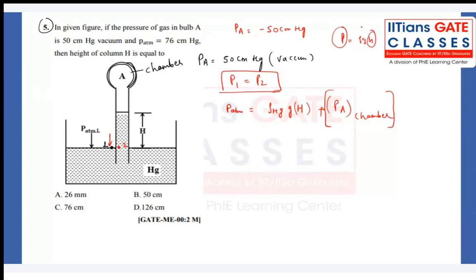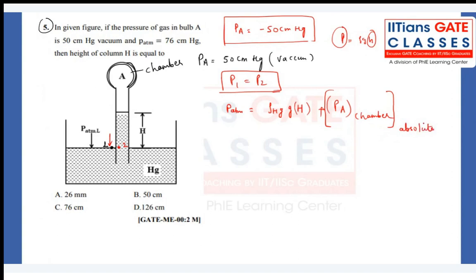Now, what I want to say is that the pressure at a point in a chamber is given as minus 50 centimeter mercury. I am telling you, they have given it as a vacuum. That 50 centimeter mercury is what, my dear friend? Tell me, guys. If I want to measure absolute pressure in a chamber,